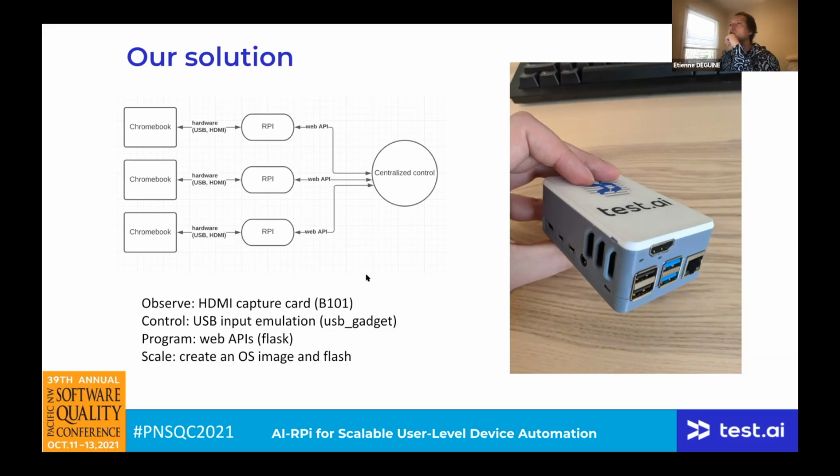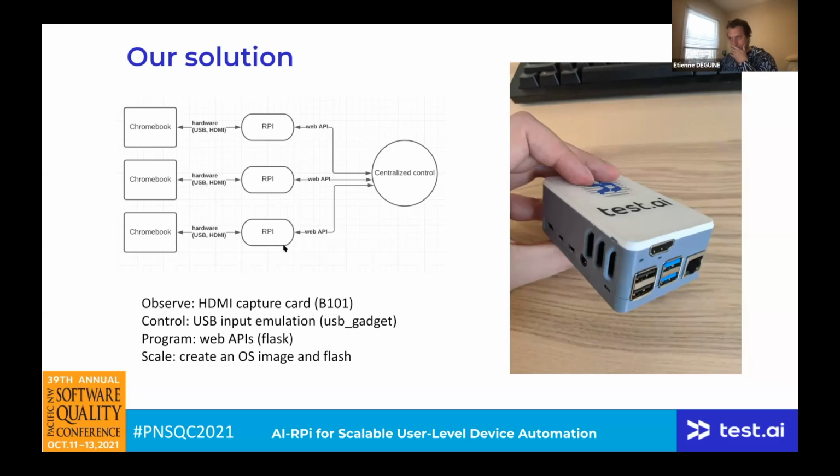And then for control, we plugged a USB cable between the Raspberry Pi and the Chromebook, and then we use a feature of Linux that allows us to emulate some sort of USB device. And so we pretend for the Chromebook that we are a keyboard and a mouse. And then this way we can do the same thing the user can do, which is type and click around